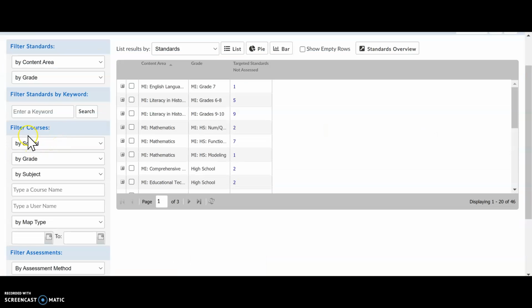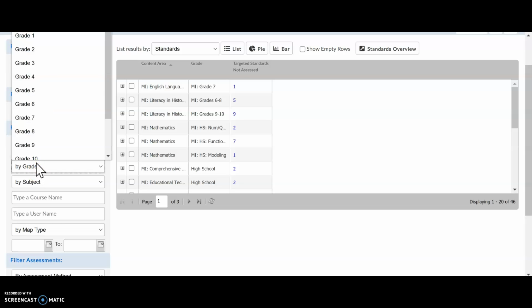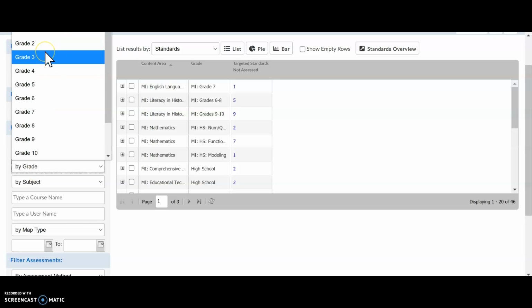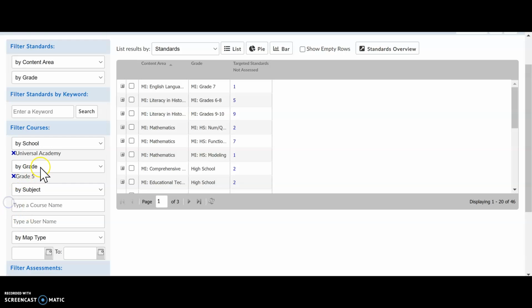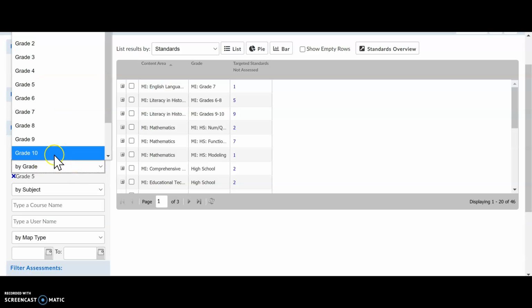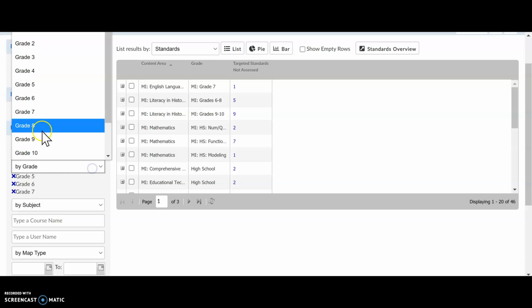and then on your left side under filter courses, you are going to pick Universal Academy, and then you pick your grade. For example, I'm going to take fifth grade, okay? And subject, you can pick multiple subjects at the same time, and you can pick multiple grades at the same time. So for example, if I want to take one of the middle school or high school teachers, I can go 6, 7, 8,